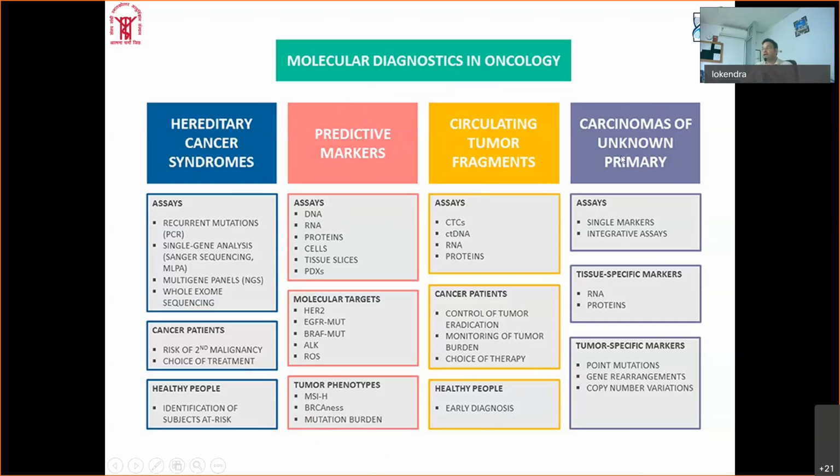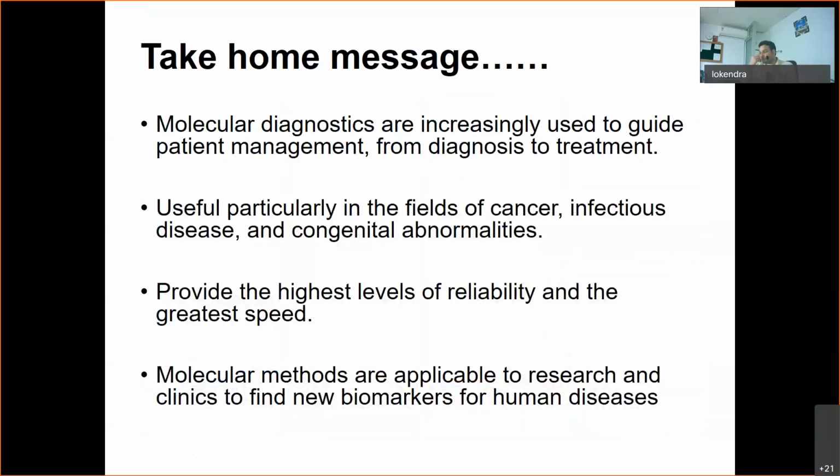Similar to that, there are various specific types of assays which are known, which are used for identifying unknown primary cancers, single markers or integrative assays, and tumor specific markers, for example point mutation, gene derangement, copy number variation. So these are generally the various types of approaches which are used in terms of molecular diagnosis in the oncology area. And so to summarize, the overall take-home message of this brief presentation today is that molecular diagnostics